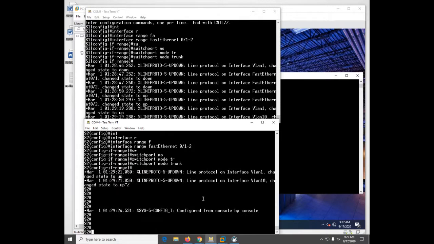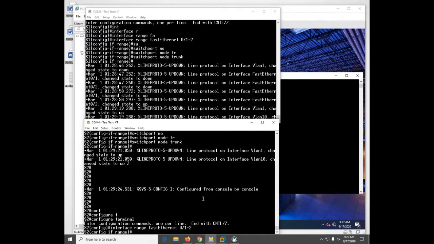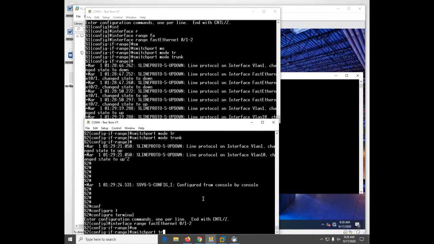Let's see if I can go back to the configuration mode. I should be able to use the up arrow key and not have to type all that in over again. The up arrow key repeats previous commands. That saved me from having to type that, and it's so easy to make mistakes when you type long commands. Okay, switchport trunk